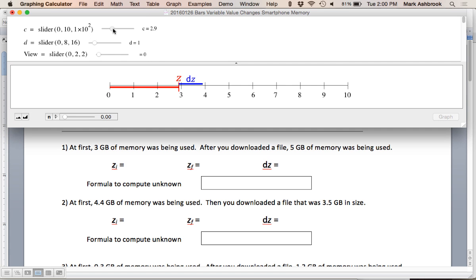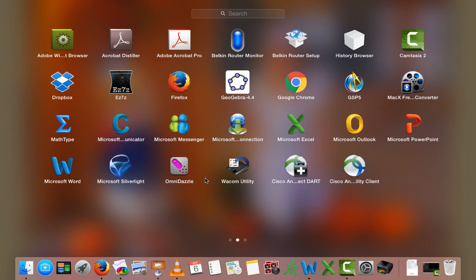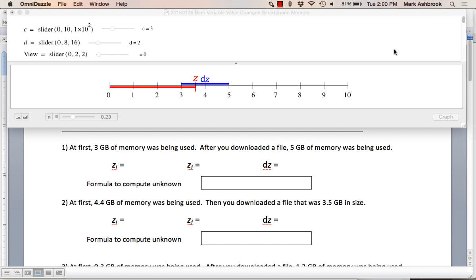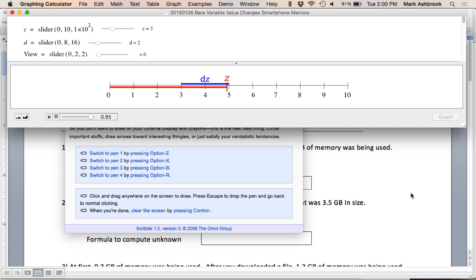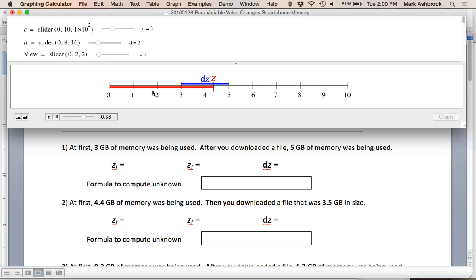So we know, right, so we had to calculate. After you download a file, okay,